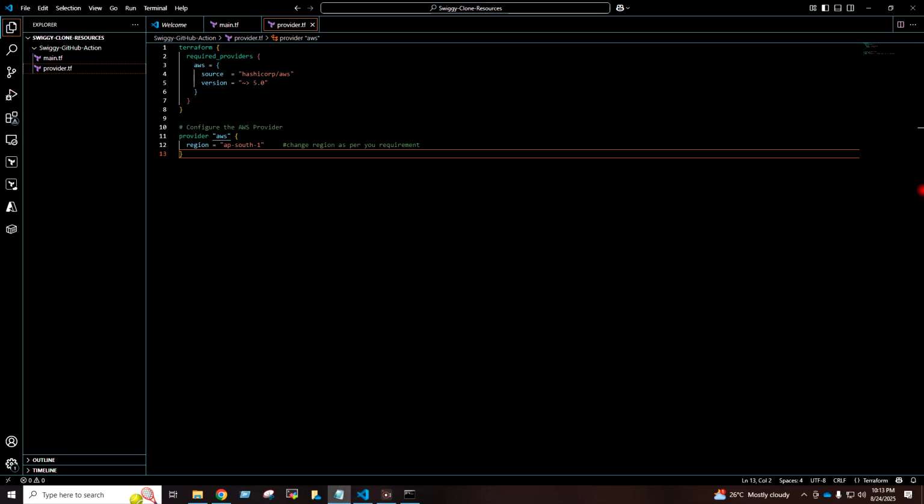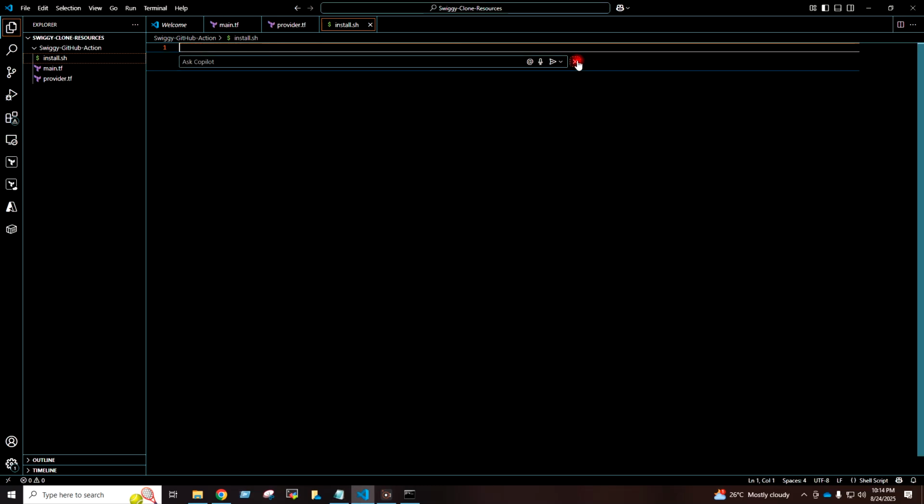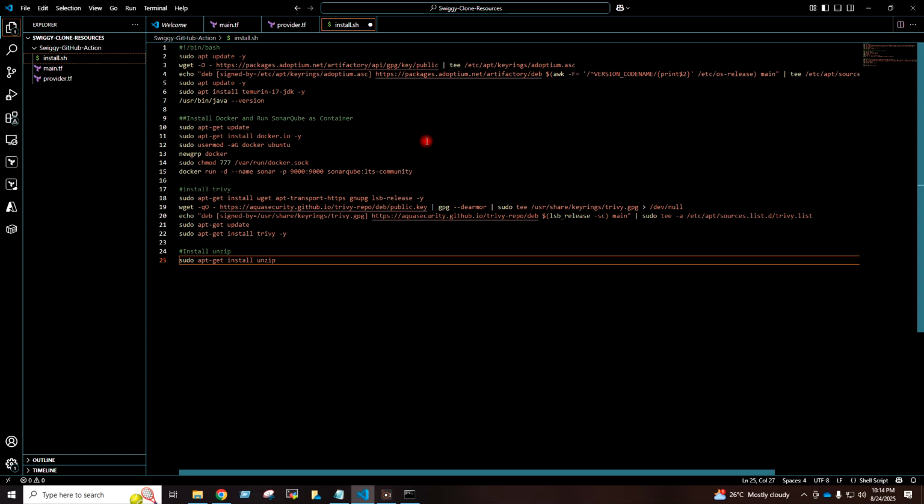Now I will create one more file called install.sh, which is going to install the required software on the newly created EC2 instance. I will paste the content in my file. So first of all, it will update the system, then it will install the JDK on my EC2 instance, and it will install Docker